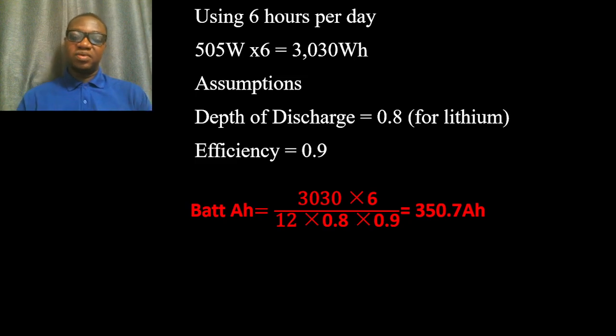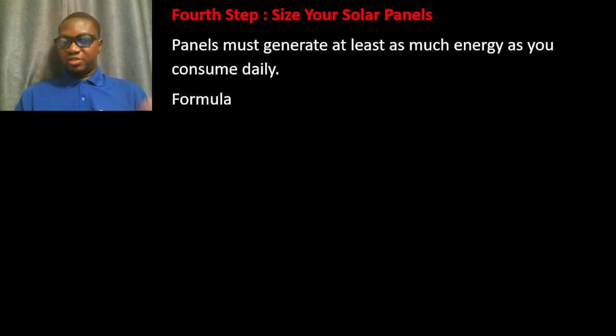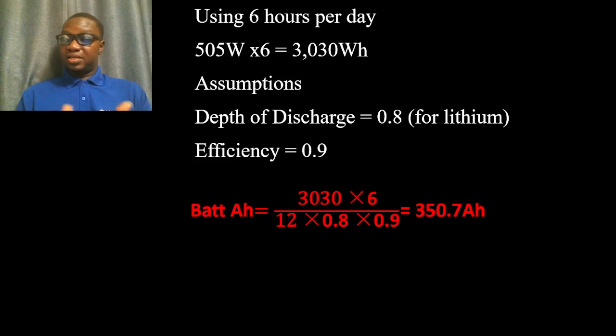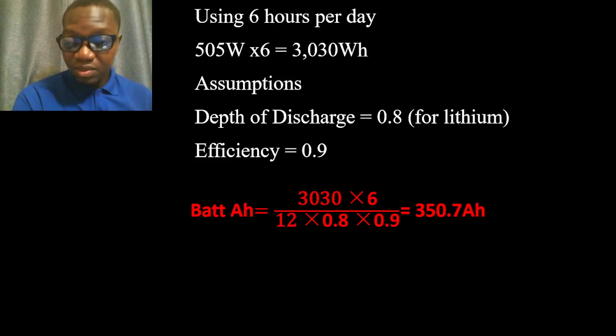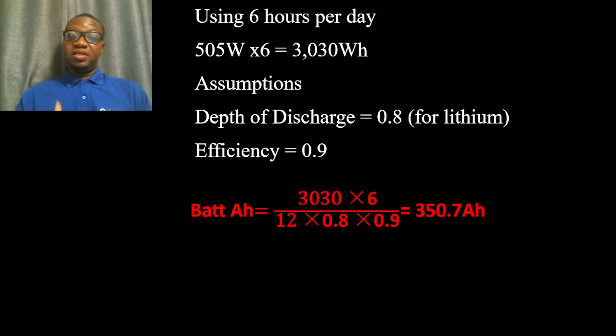So you understand that you already gotten the amps hour that is needed. With this amps hour, you can determine the number of batteries that can give you this amps hour depending on your configuration. So let us go back to that. Like I was saying, depending on the battery or your configuration, you can determine how many batteries. If you are using a 200 amps battery, if like 220 amps tubular battery is what you want to use, and it's a 12-volt system, you divide the